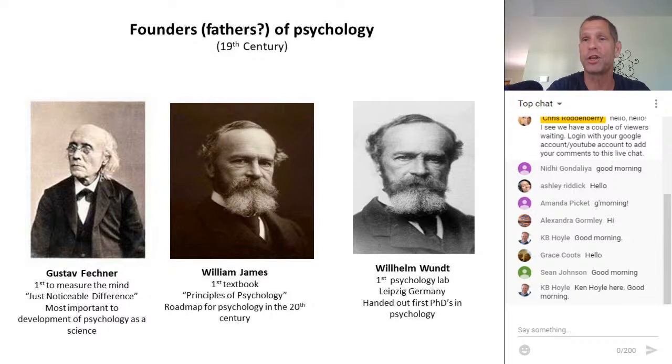So your book's going to talk about some fellows that are, quote, fathers or leaders in the field of psychology, and I'm going to add one to them. So there are three people who are really important in the founding of psychology as a science. The first is a fellow named Gustav Fechner. And the reason he's important is because he was the first guy to demonstrate to everybody's satisfaction that the mind could actually be systematically measured.